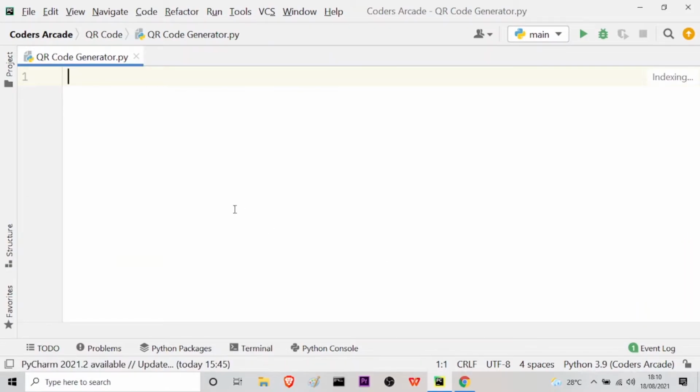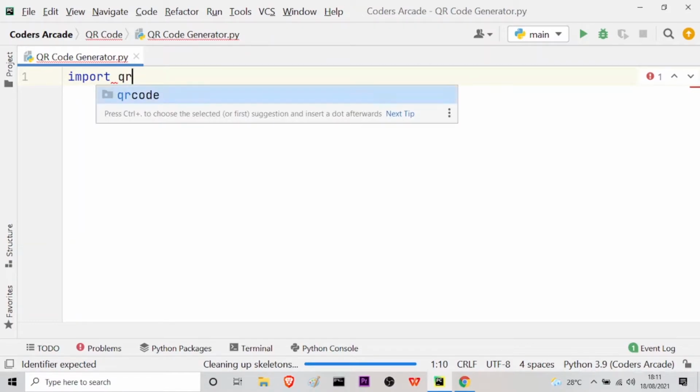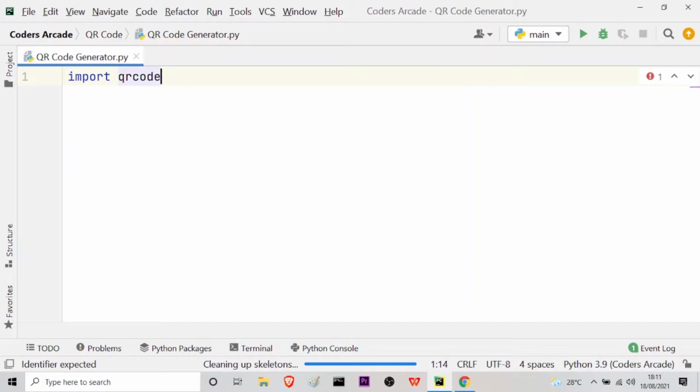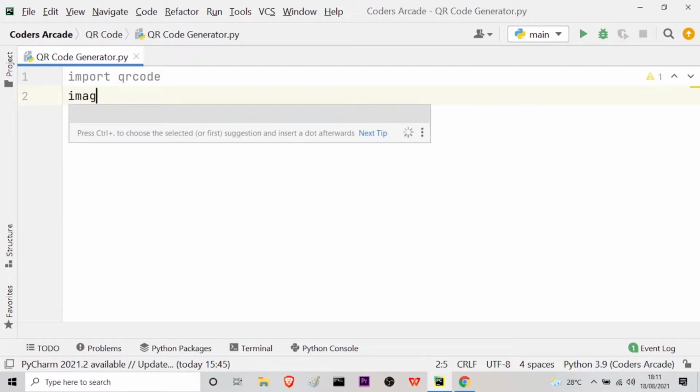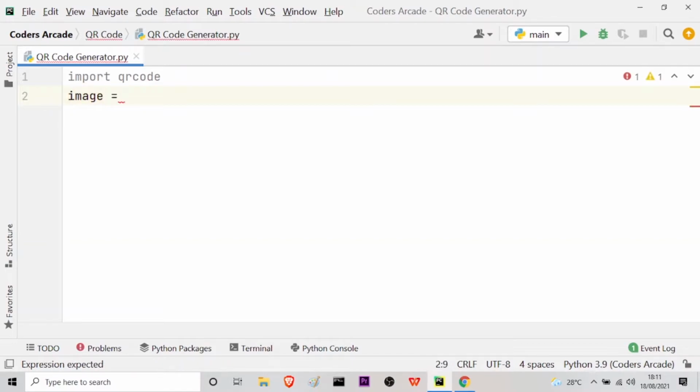Now as I have installed the module or the library, I can import it. So I will use the import statement and I will import the qrcode library. As soon as I write qr, you can see it's giving me the suggestion qrcode. So this is done. Now I have to create a variable or an instance so that I can use the methods inside the qrcode library. So for that, I will create a variable image is equal to, and here I have to call my qrcode library so that I can access all the methods inside that. So qrcode,